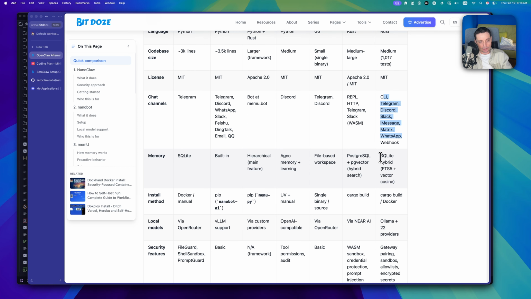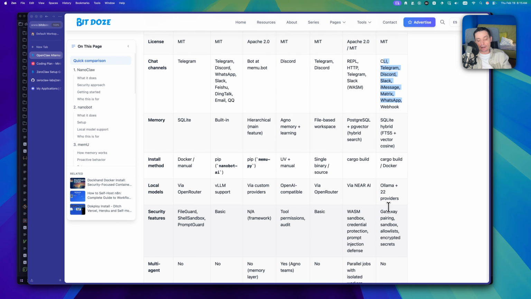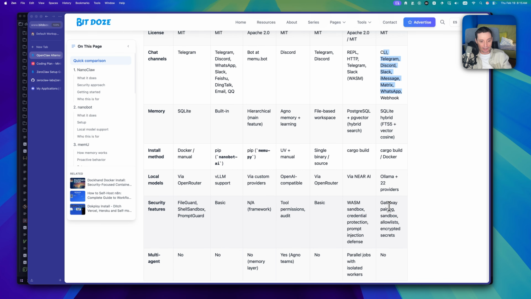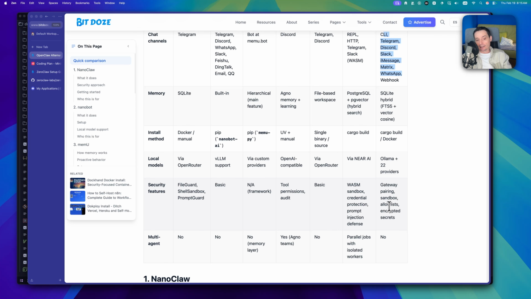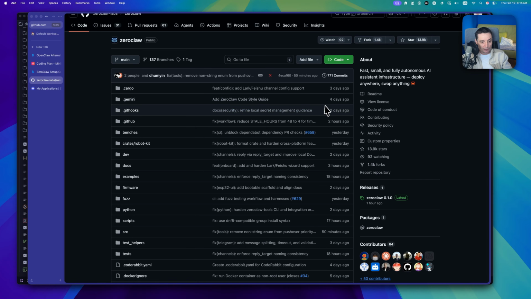It has memory with SQLite and hybrid vector search. It can be deployed with Rust directly on your VPS or Mac Mini, or with the help of Docker. It supports lots of providers, and basically you can switch between models seamlessly because it is hot swappable. It has allow list, sandbox and encrypted secrets, and this is their repository,